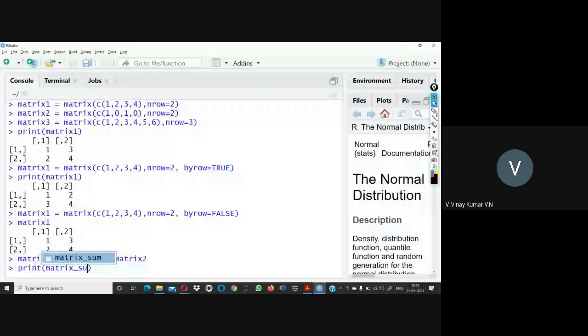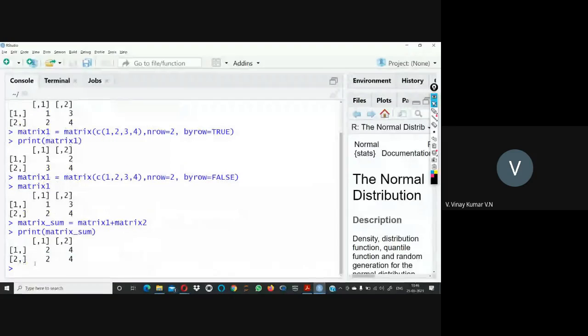We are getting the sum of two matrices where matrix 1 and matrix 2 are both the same size. Matrix 1 is 2 by 2 and matrix 2 is also 2 by 2, so the sum is possible and we are getting the proper sum here.